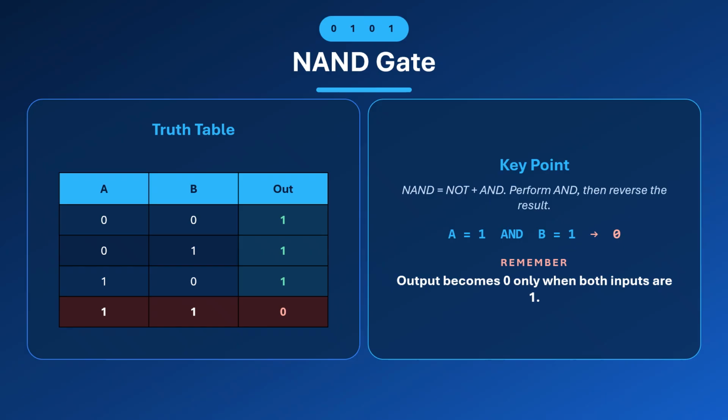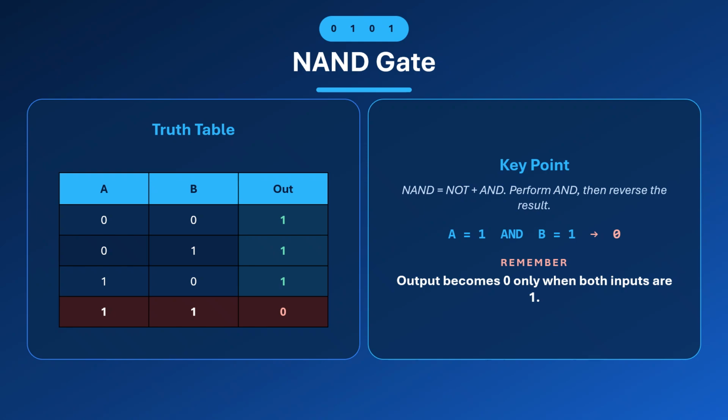In AND gate, if both the conditions are true, then output will be true. And if both the conditions are false, output will be false. Now, what we have seen in this truth table is that the output is completely reversed